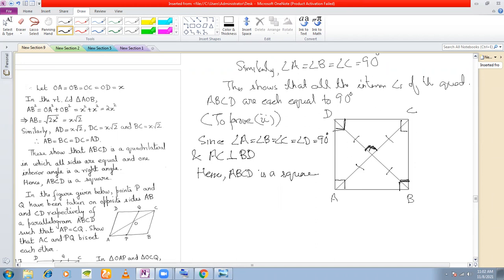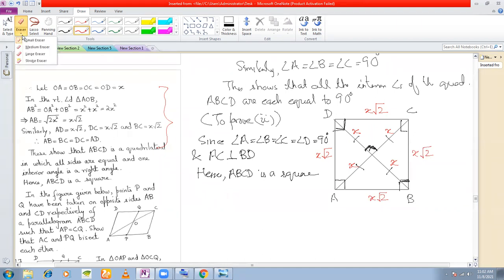Clear with this? Or you can also go by your Pythagoras theorem. As I told you, there are many ways of doing. Should you want to know the other ways of doing? You can take this as x. You can take this as x. From Pythagoras theorem, you can find out the hypotenuse as x√2. This is also x. This is also x. So this is also x√2. So the adjacent sides are equal. You also find this is x√2. This is x√2. So all the sides are equal. So by Pythagoras theorem, you have shown it.